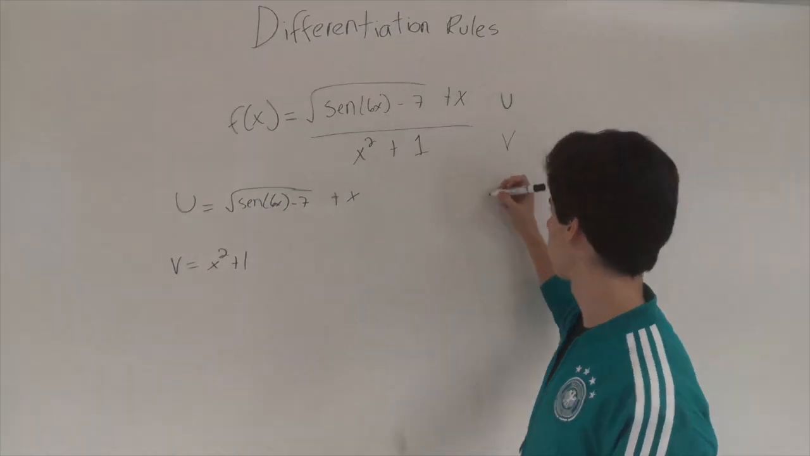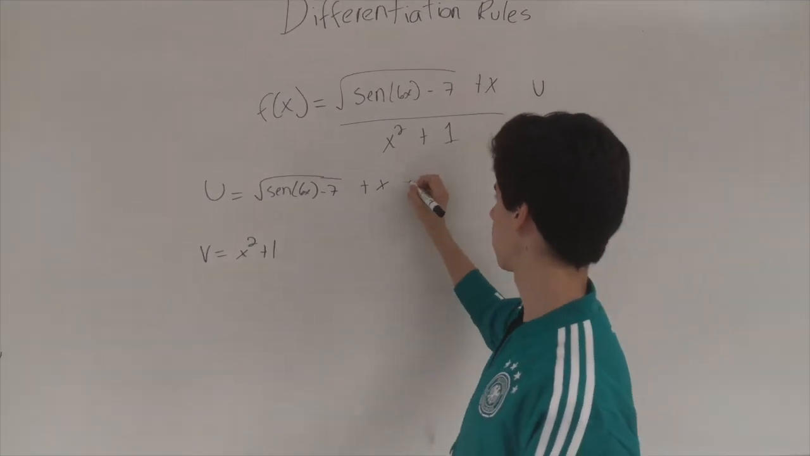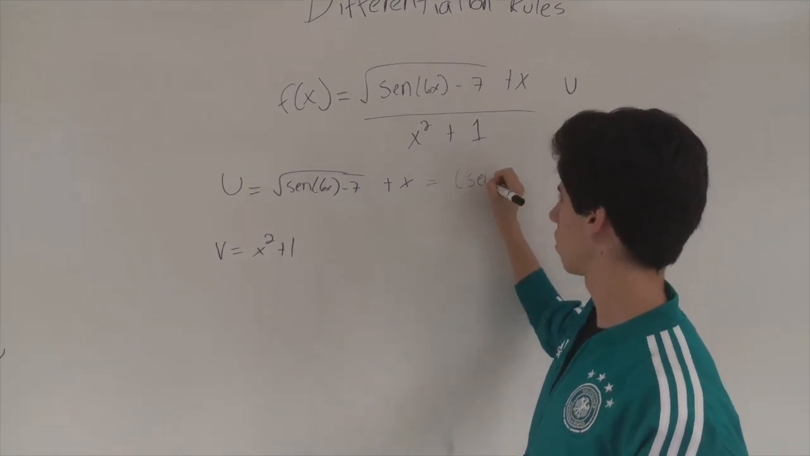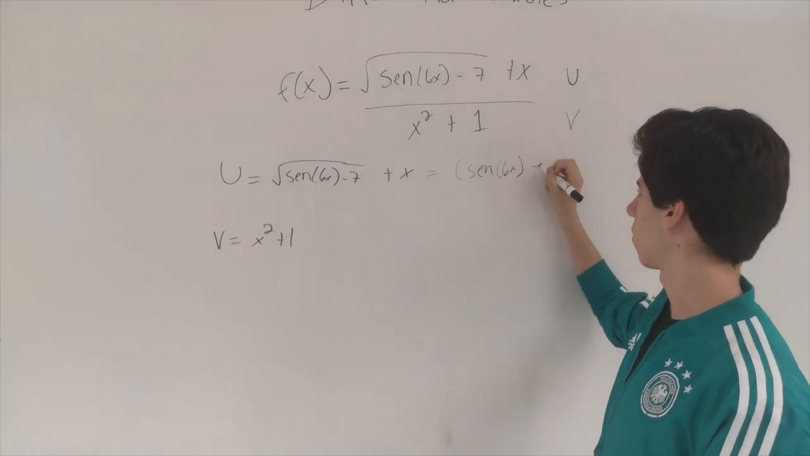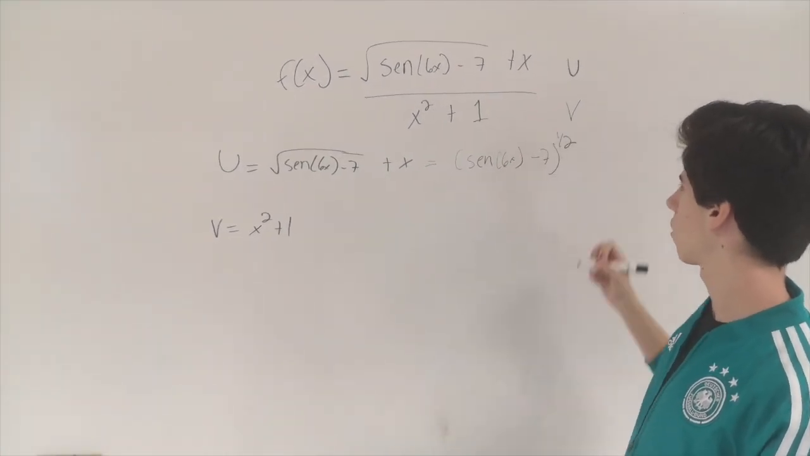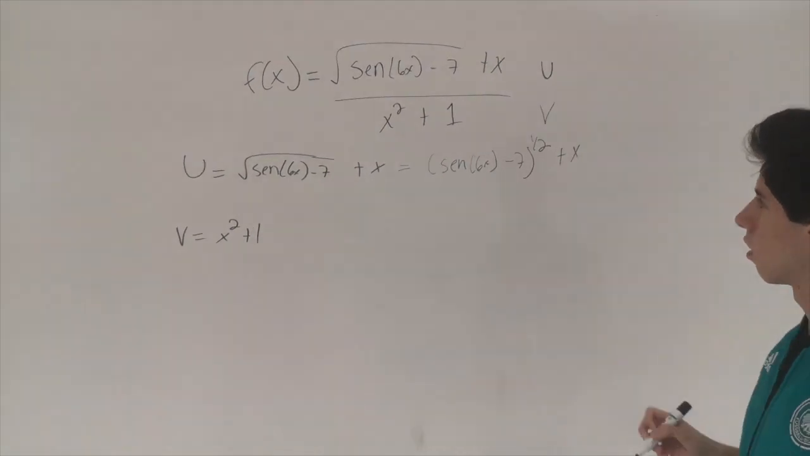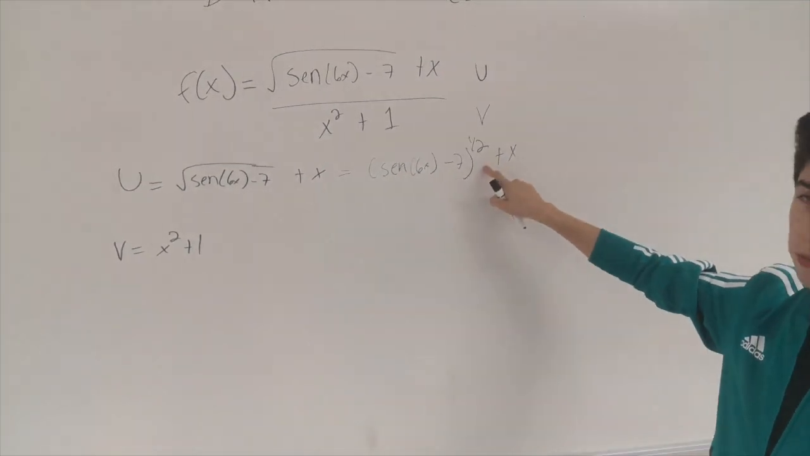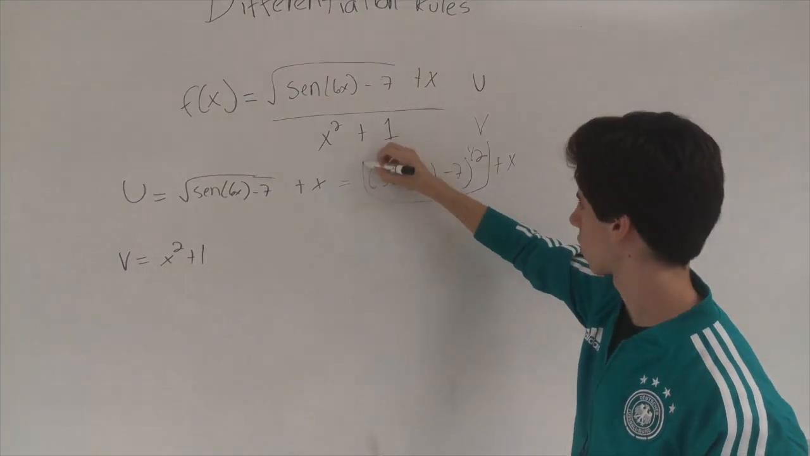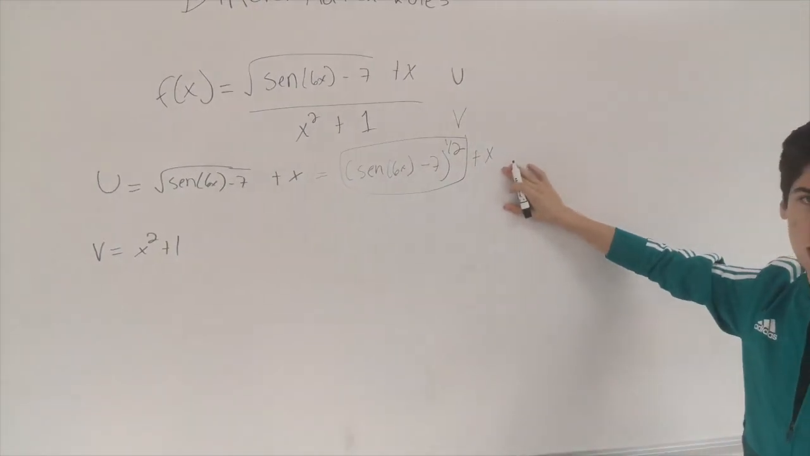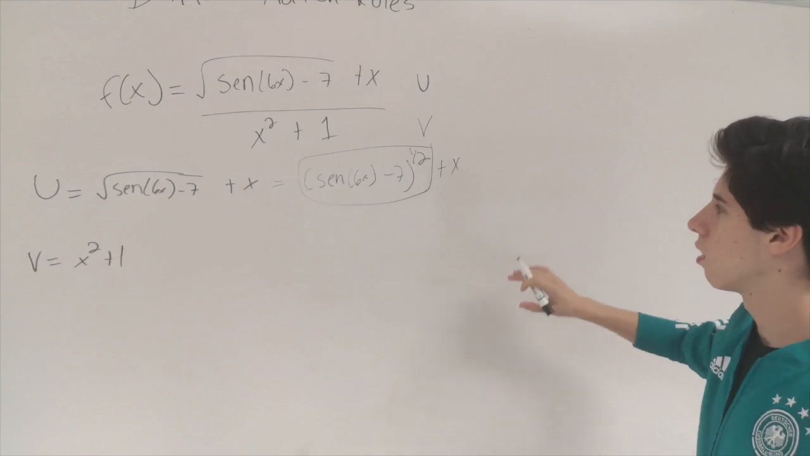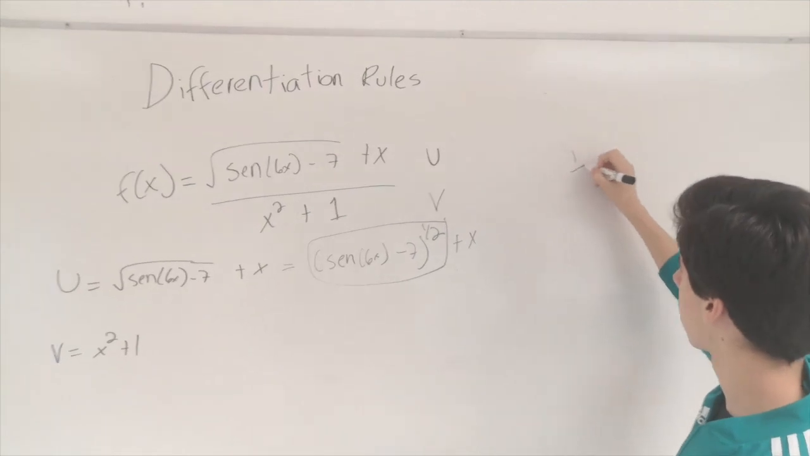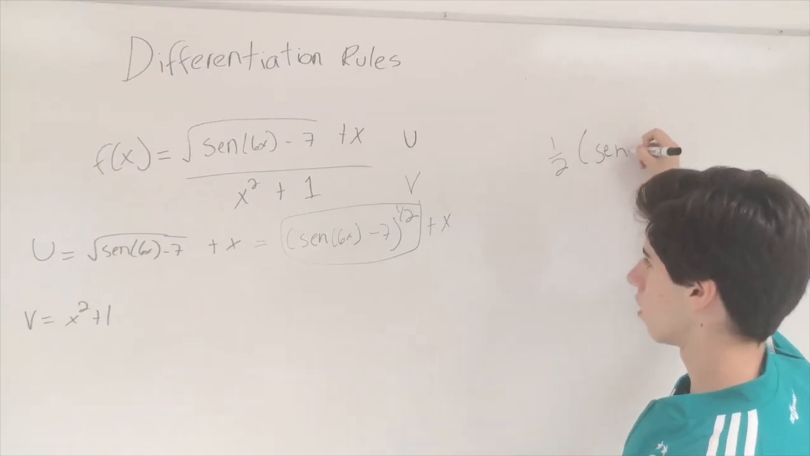So now we need to find u prime and v prime, which in this case we can rewrite this function into sin of 6x minus 7 to the 1/2 plus x. So in order to get u prime for this situation, we need to apply the chain rule just for this section. Dx would just follow a normal derivative property, which will be established later, but for now let's work with this one. So the chain rule would apply with 1/2 times the function,